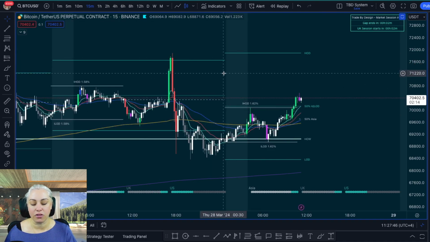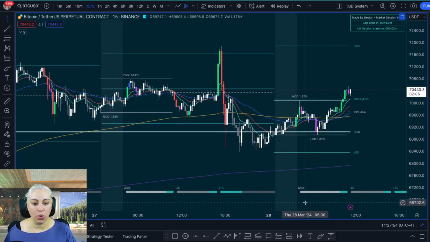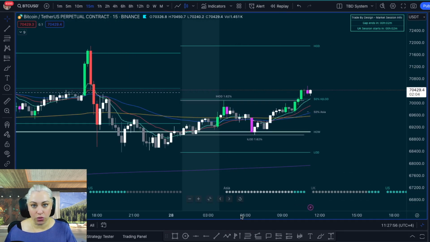So this is what makes those key levels so significant. Now, there's one more level that is really, really important, and that is called the initial high of the day. So don't get that one mixed up with high and low of the day. High and low of the day is related to the price from the day prior to the current day that